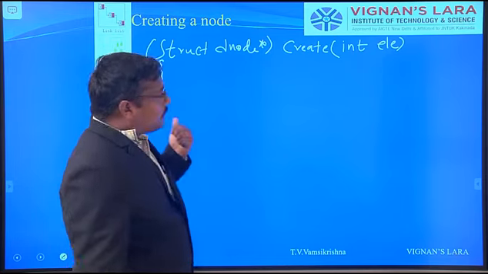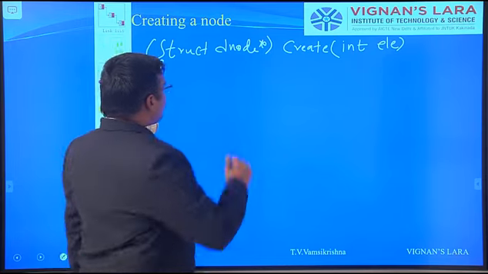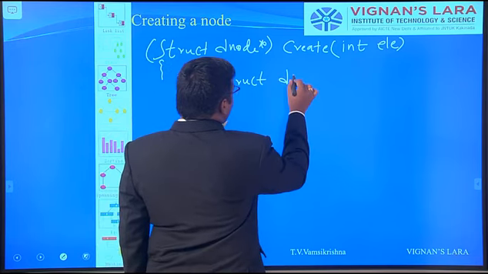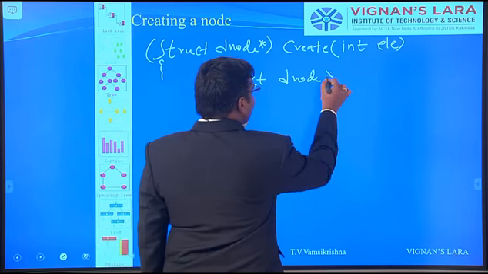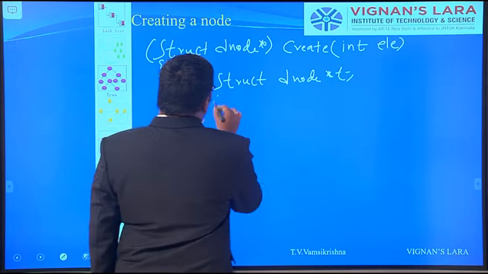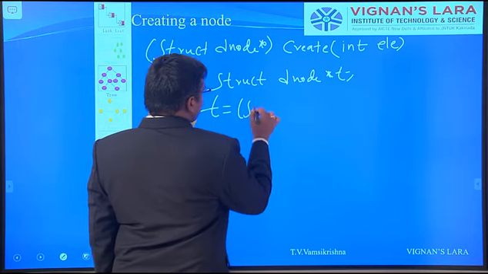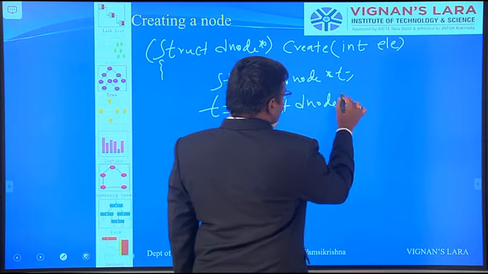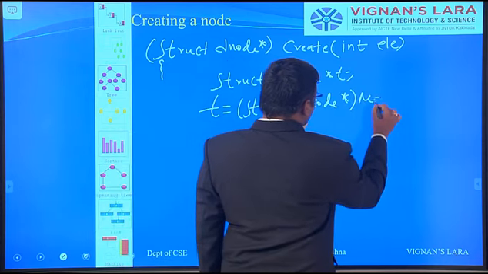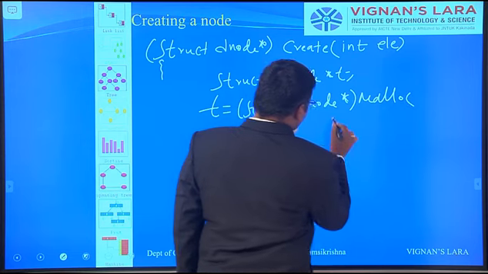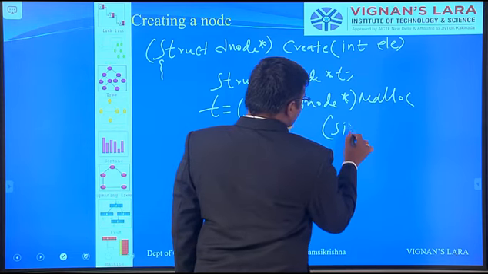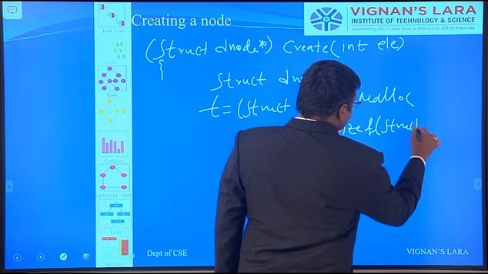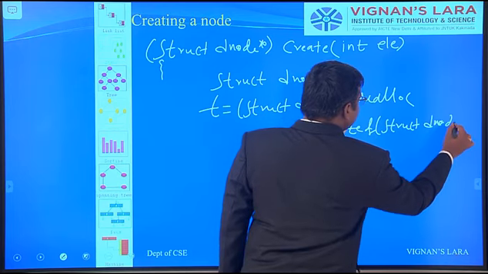Whenever I want to create a node, first I need to create a temporary pointer. So struct dnode star t. t is equal to struct dnode star malloc sizeof struct dnode.